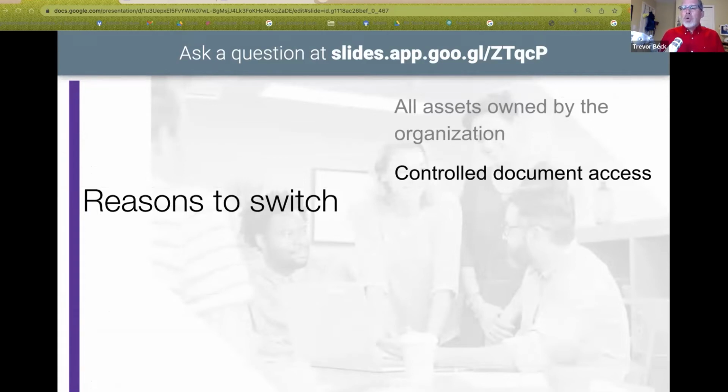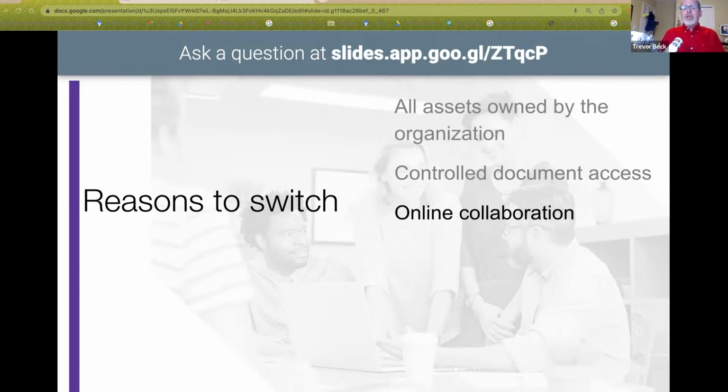Access to documents is controlled by the organization. So documents and email accounts can quickly be reassigned to new users as they come on board. Your outgoing president leaves, you have a new president come in. All you have to do is change the password, give that information to the new president, they log in, bang. They have access to all the email that was used before, all the files that were attached, all the assets, anything that was assigned to the president account is now available to the new person. And because the password's been changed, it's been removed from the old person. You control who has access to the files.